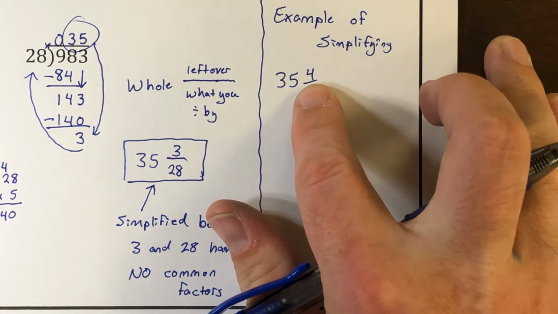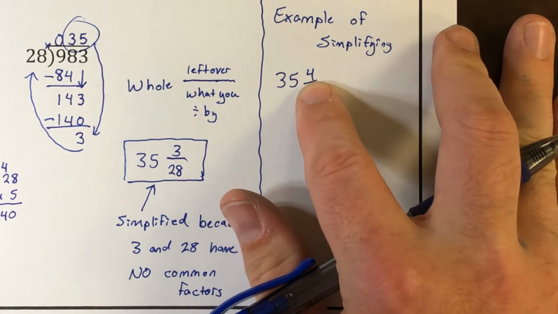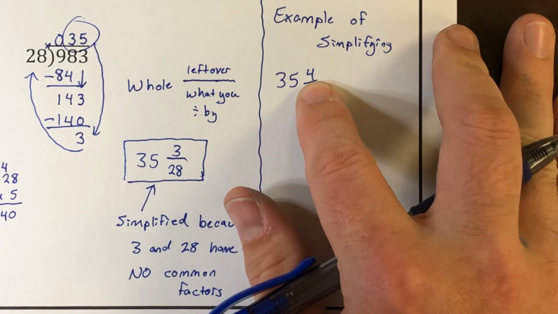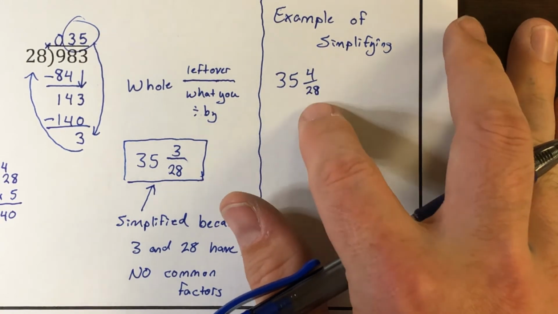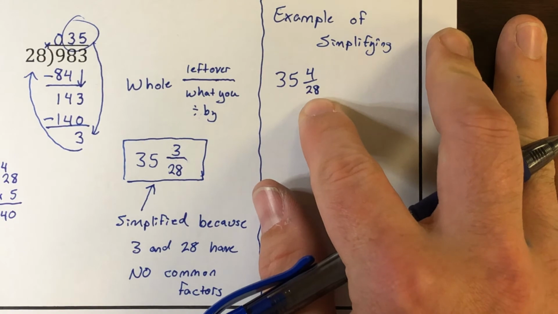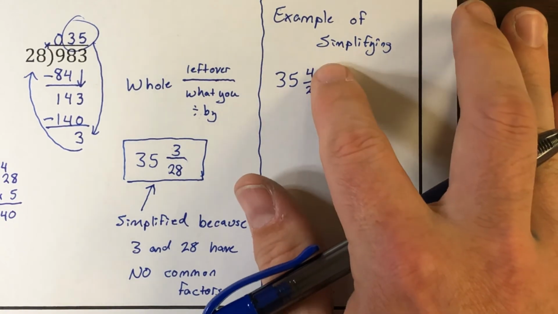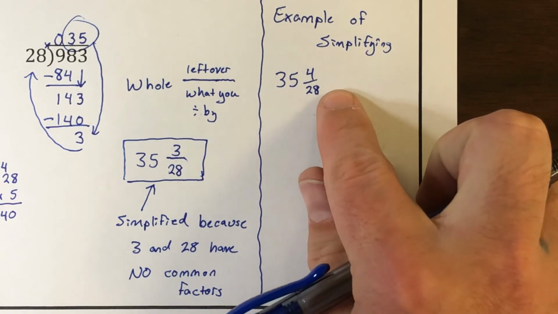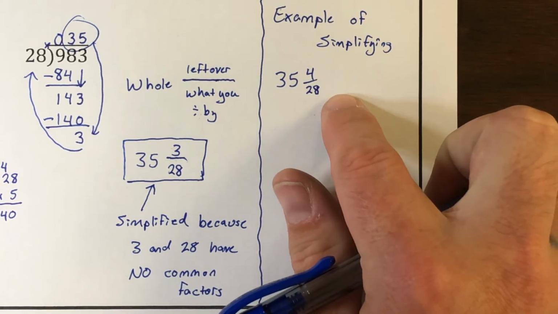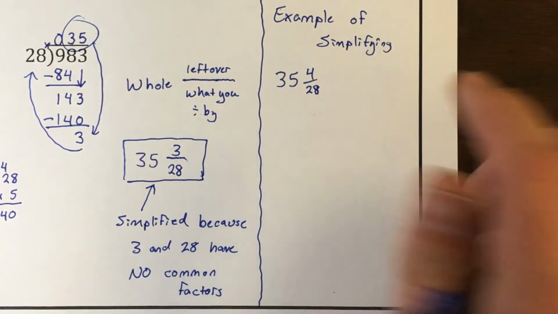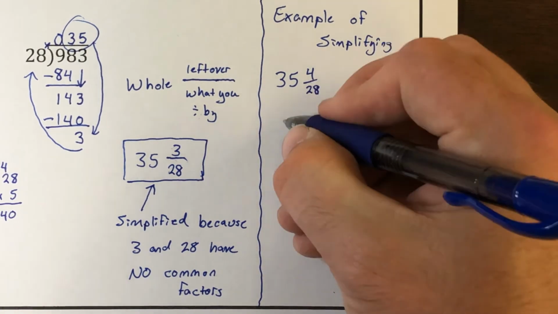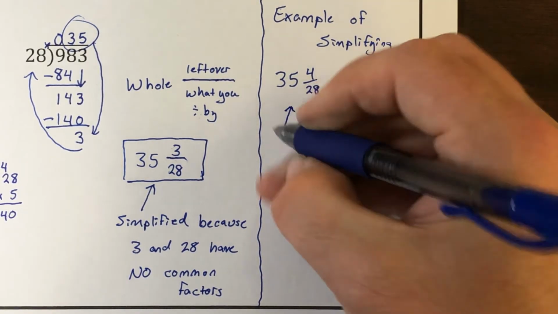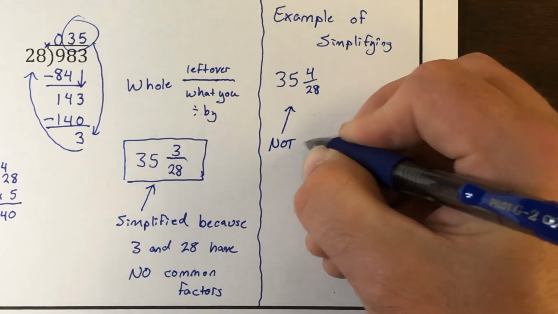Well, let's think of the factors of 4. 1, 2, and 4. Let's look at that largest factor, 4. Will 4 go into 28? Yes, it will. It'll go in 7 times. So 4 goes into 4, 4 goes into 28. So 4 is the biggest number that will go into both. But because 4 does go into both, it's not simplified. That means that's not my answer. So we're going to say this is not simplified